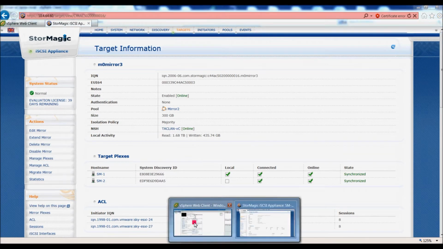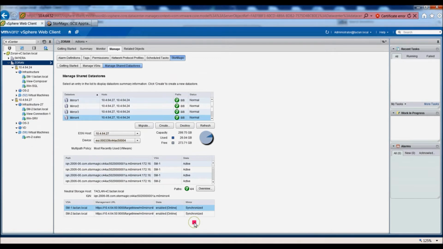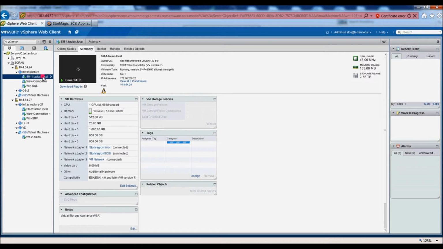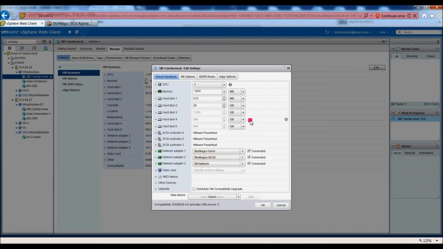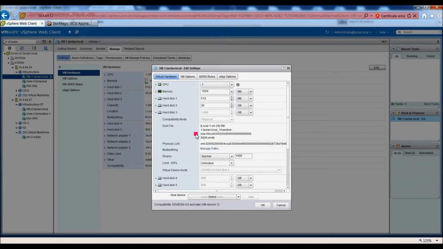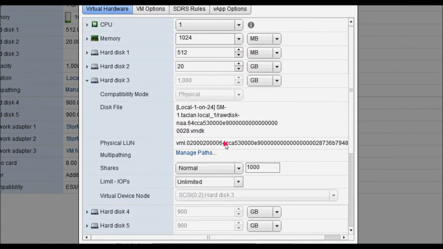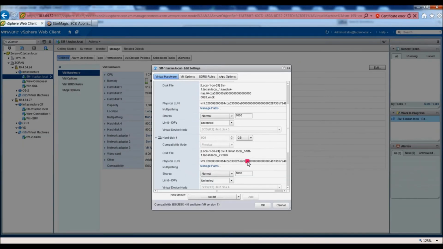Okay, back to vSphere and take a look at VSA configuration. You can see VSA is configured with several disks. First two disks are used by VSA. I have additional 3 disks added to this VSA. If you open configuration for those disks, you can see that is the one RAW RDM mapped directly from skyHawk